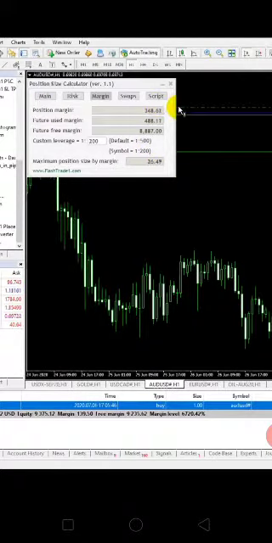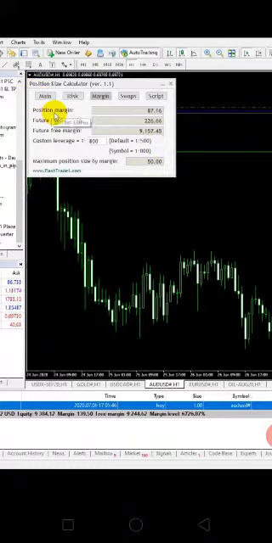Now if I change the leverage to 200, see my maximum position lot size changes to 26. My margin used will change. Future used margin will change, and future free margin will also change. Now let me put here 1000. See, I can now trade. See, right now my position margin changed to $87, future used margin changed to 226, and future free margin changed to 9168. So based on my leverage, all these parameters will change automatically.